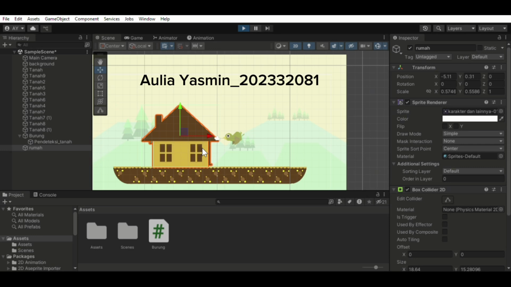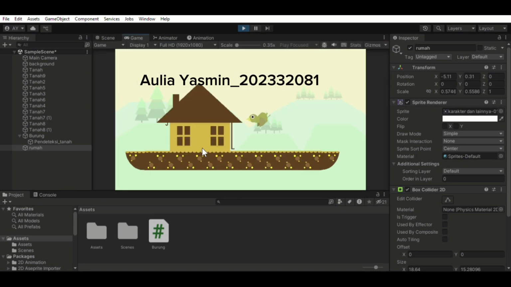And finally, after setting everything up, I click the play button to test the game. When I press W, the bird jumps up. When I press A, it walks to the left. And when I press D, it walks to the right. As the bird moves, it automatically flips its face depending on the direction, left or right. Also, the bird cannot move through the house or fall through the ground because of the colliders. And the jump only works when the bird is touching the ground, so we avoid floating or double jumping. Everything works smoothly and the bird reacts nicely to the player's input.